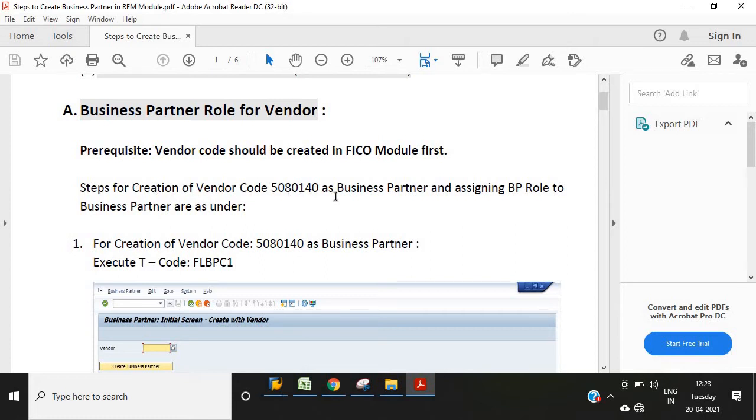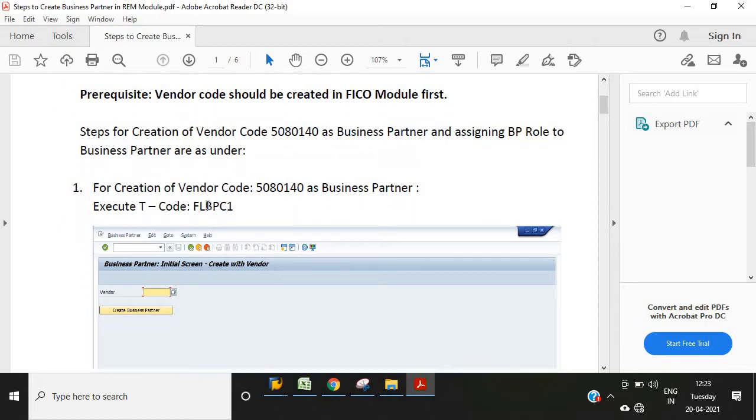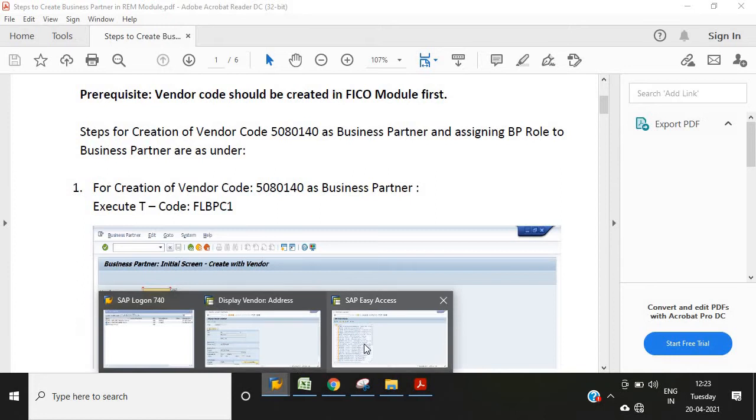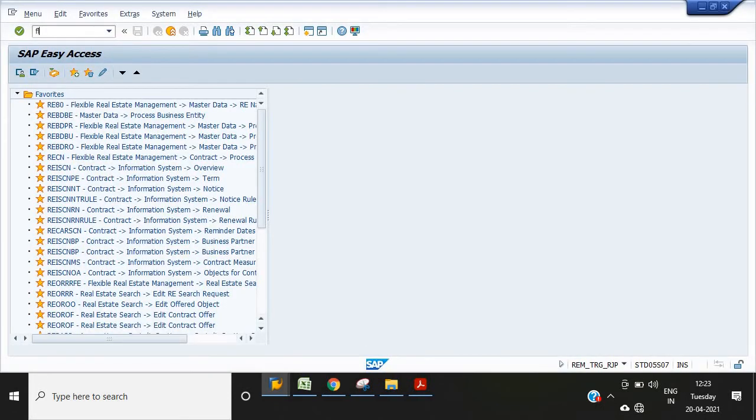The steps are creation of the vendor code as a business partner, and assigning the BP role to the business partner as vendor. For the creation of the vendor code as a business partner, you have to execute the transaction code FLBPC1. This is the REM module transaction code.